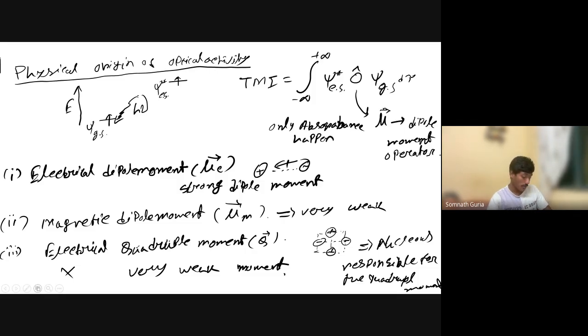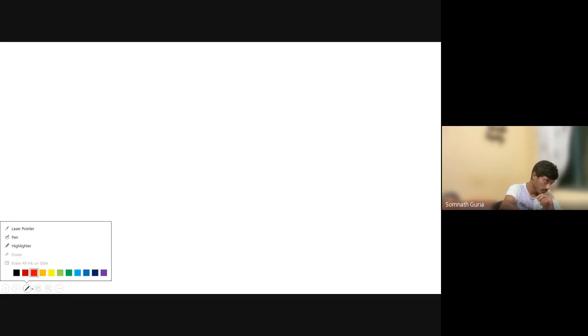So a major thing is that the major part which is responsible for this is the magnetic dipole moment, which we should consider, and the electrical dipole moment we should consider over here. So now my transition moment integral, TMI, can be written as one part the electrical part, another part my